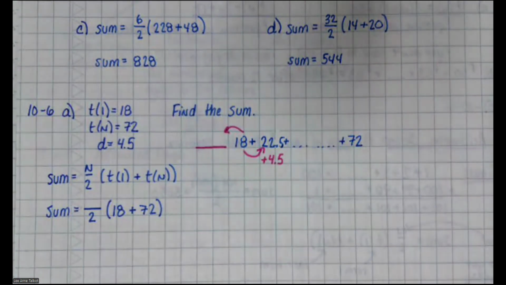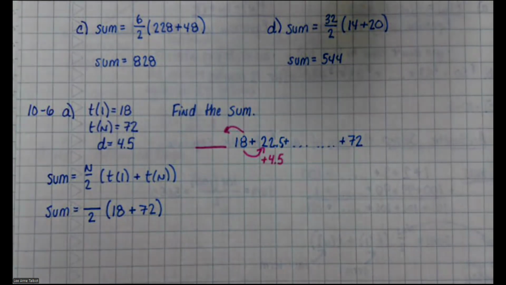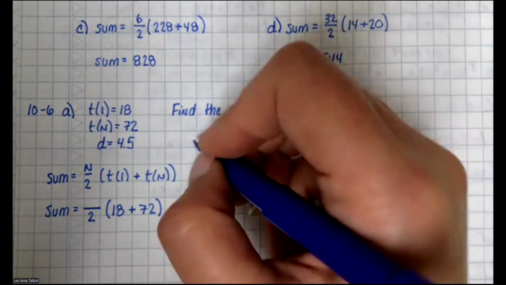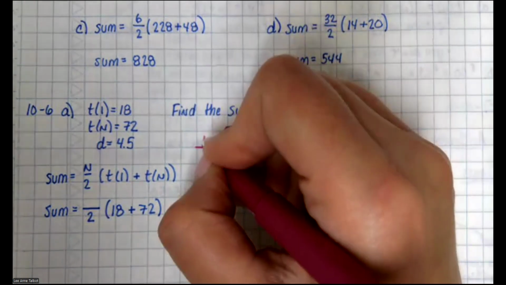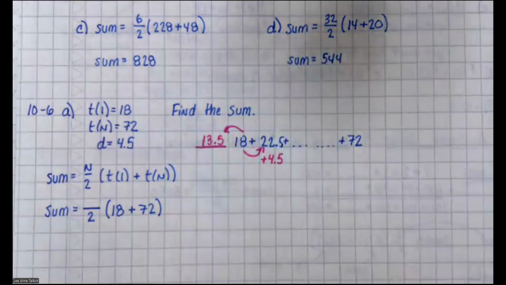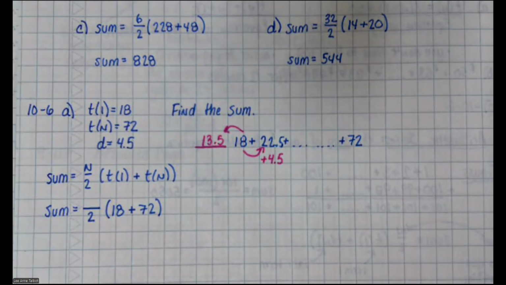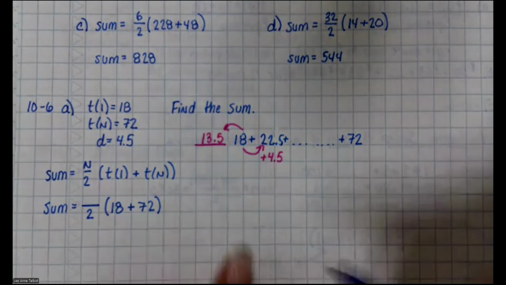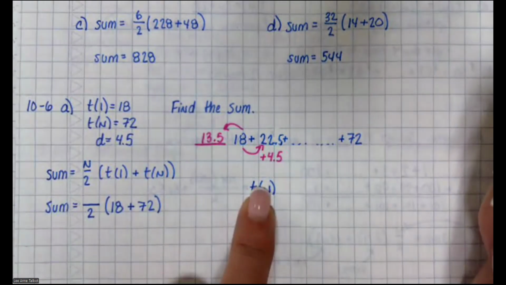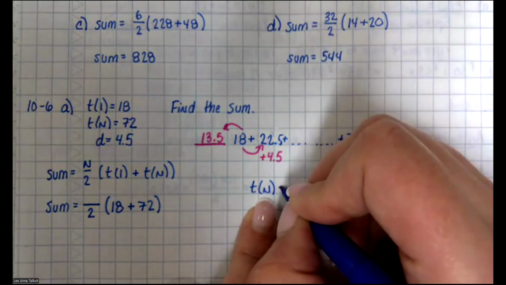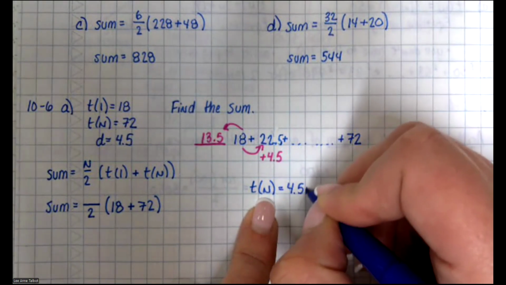Because I like to write my equation in terms of term 0 if I can. So this one in front would be 13.5. Are you guys with me so far? Okay, so my equation, which is basically my calculator of everything, is T of n equals 4.5 n